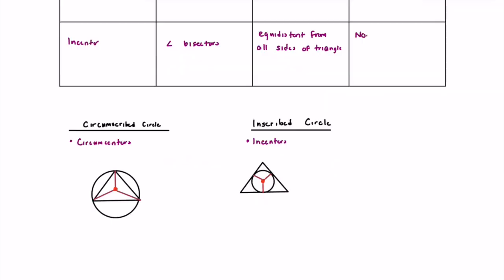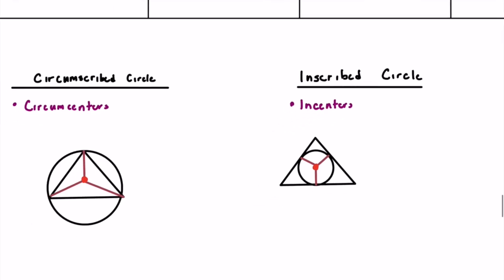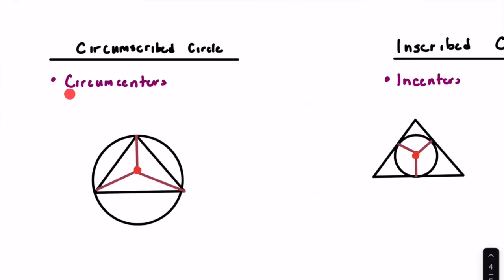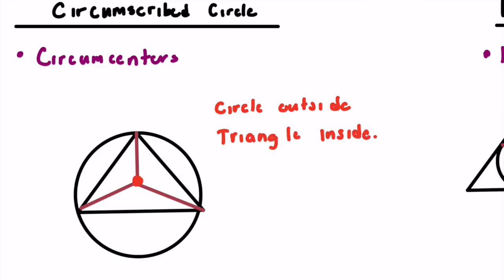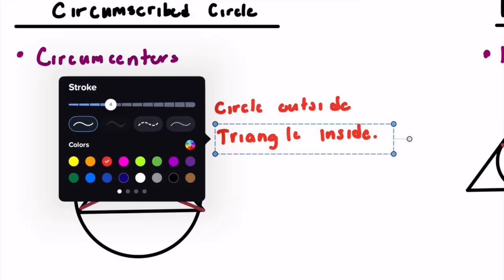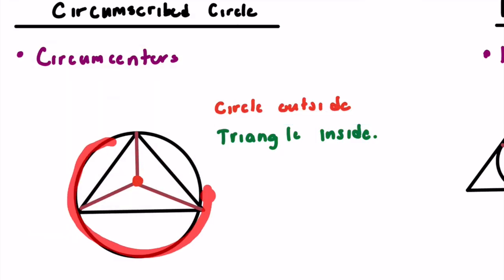All right, so the last part I want to talk about are circumscribed and inscribed circles. So circumscribed circles are for circumcenters. So if I have this circumcenter, which is equidistant from all the vertices, the circle will be on the outside. So the circle is on the outside, and the triangle is on the inside. So we have this circle right here with the center at the circumcenter, and the circumcenter is equidistant from all